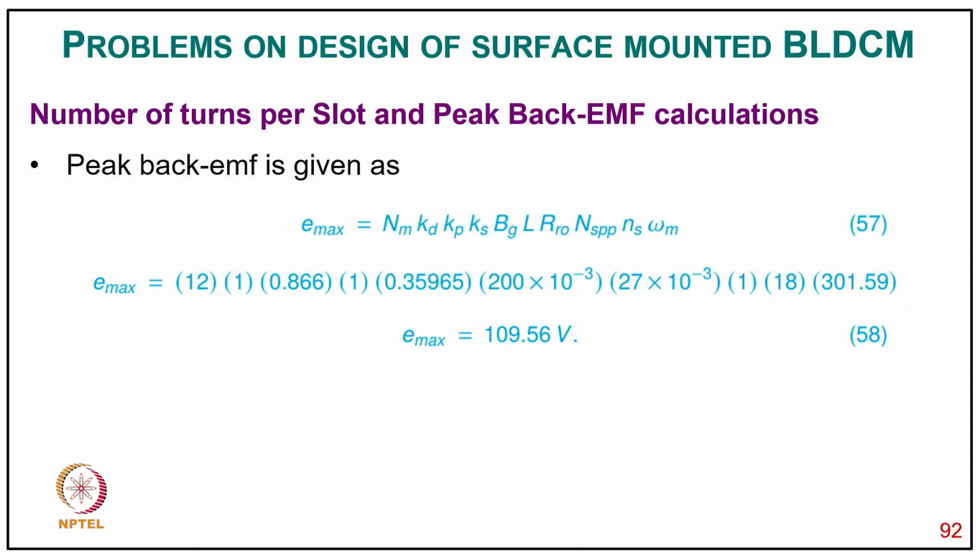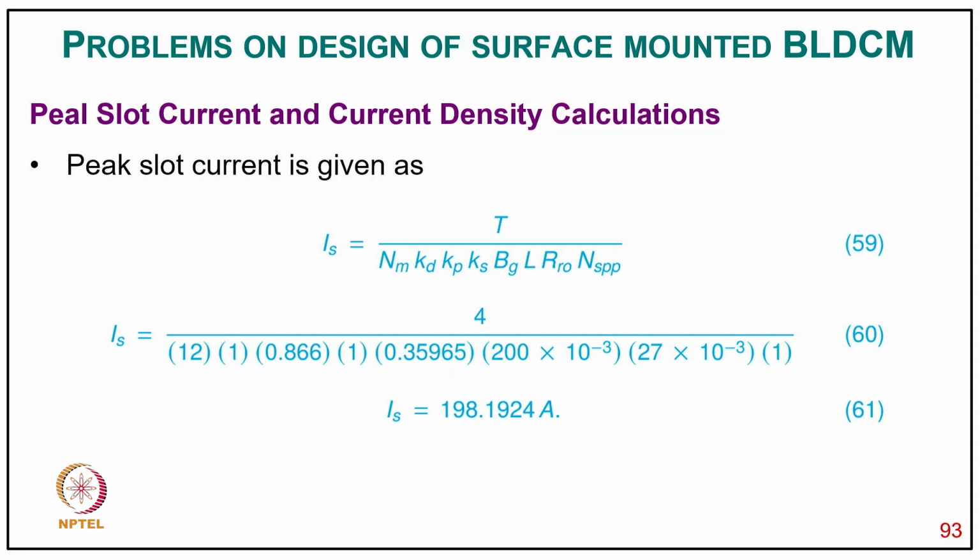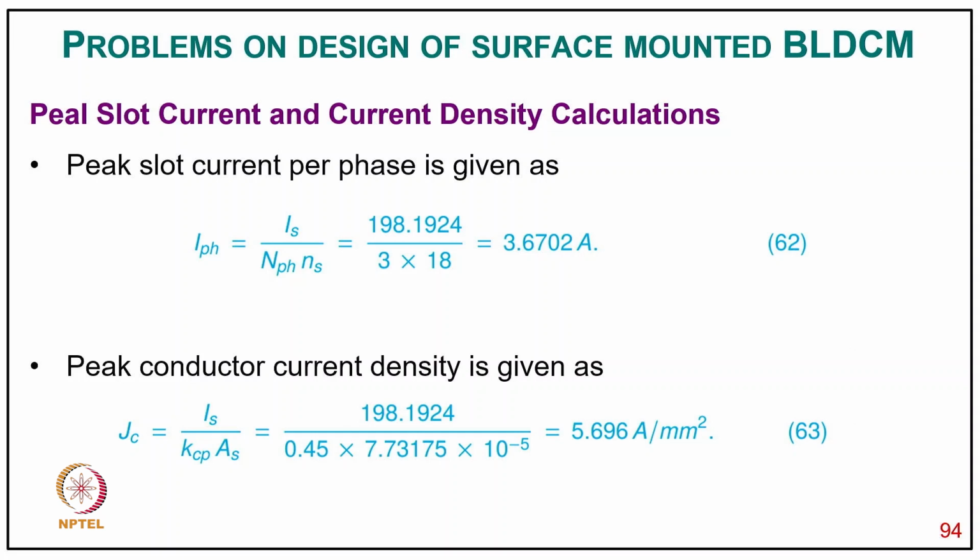109.56 volt after putting the value, and the peak current Is of the slot is tau equal T divided by Lm Kd Ks Kp into Bg l Ro Nsp. Putting a value, it comes Is equal to 198.1924 ampere, and then peak slot current per phase is IPH equal to Is upon NPH Ns, that comes